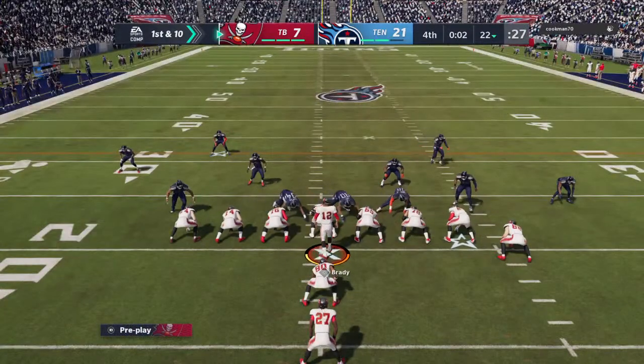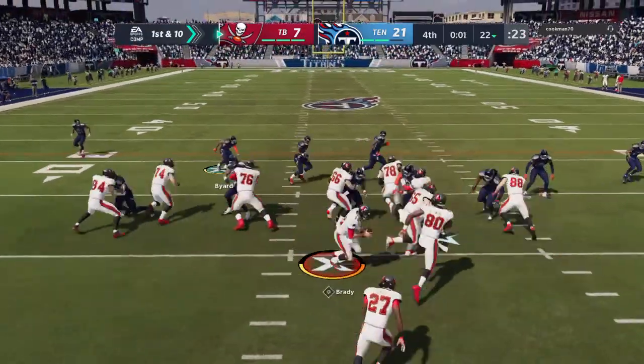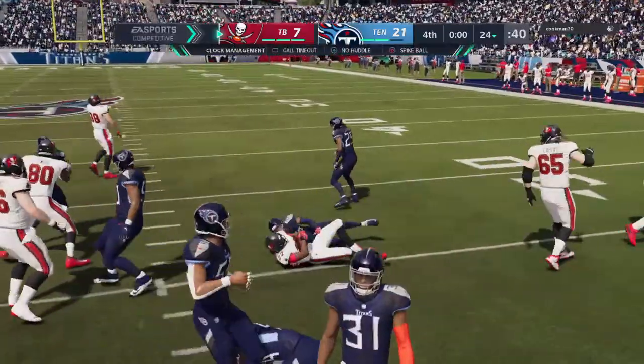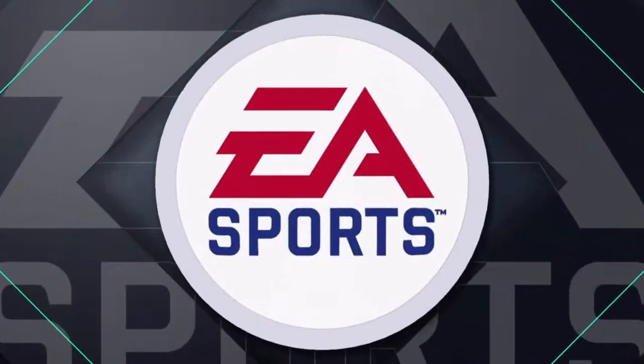The Bucs offense set to begin their next possession. This is just an exercise in futility. Do you even bother running a play here offensively? I wouldn't, because now is not going to erase what's happened during the game. So after it's over, you're going to go to the film, find out where the game was really lost. But this is not